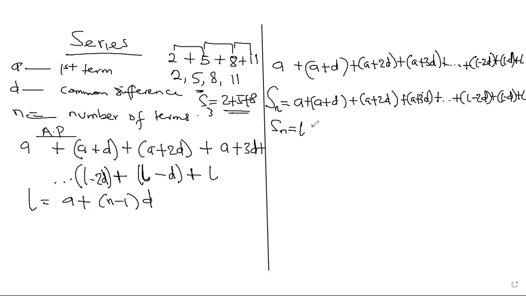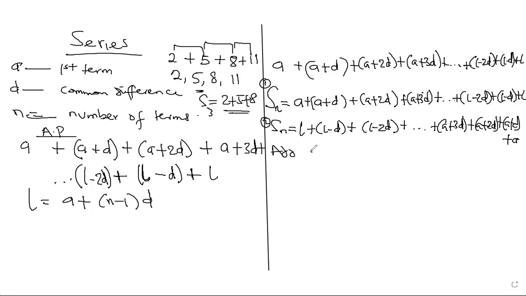I will have L plus L minus D plus L minus 2D plus dot dot dot plus A plus 3D plus A plus 2D plus A plus D plus A. Okay, so if I call this equation 1, I can call this equation 2. If I add equation 1 and 2,